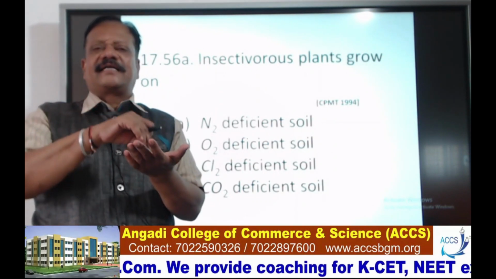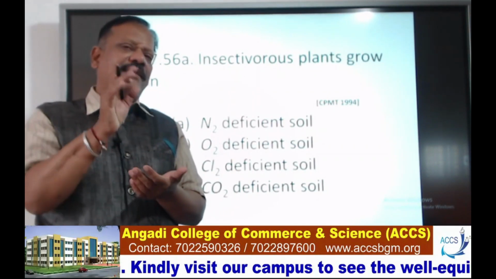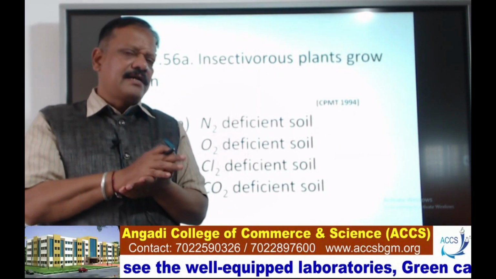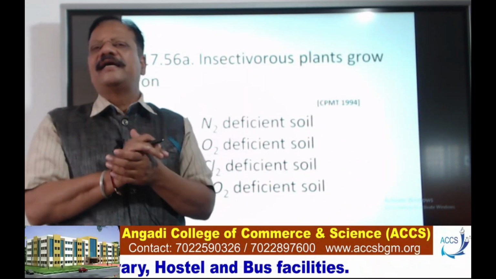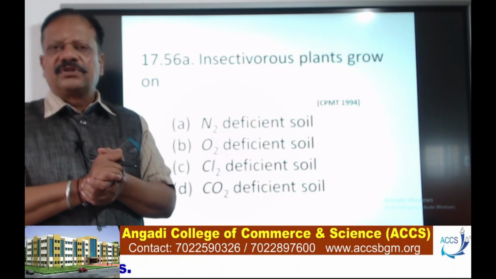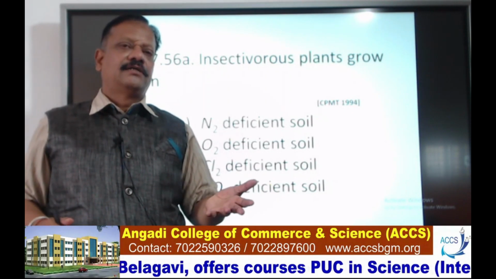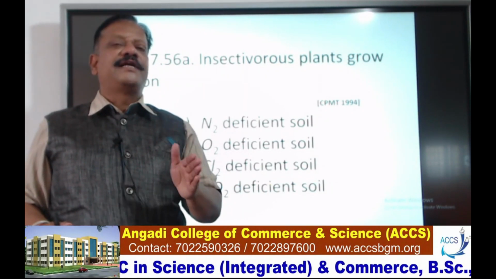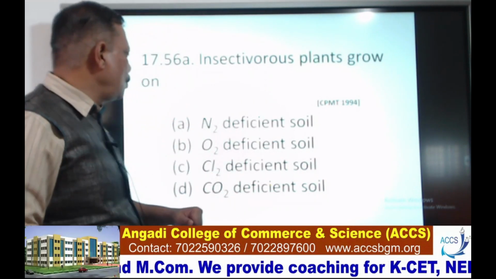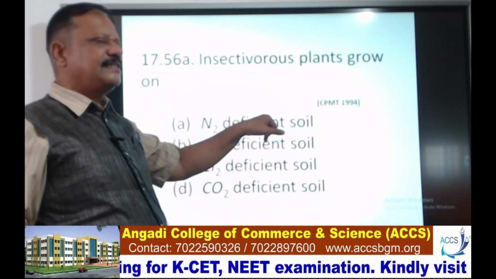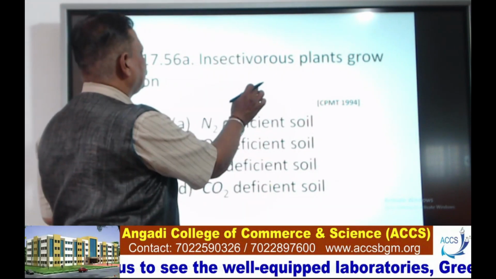When an insect comes and enters or sits on the body of that particular insectivorous plant, it slowly closes and all those enzymes are released on the body of the insect. So as a result, the insect is killed and digested. So the nitrogen availability, whatever is there, is from the insect to the plants. So here, nitrogen deficient soil contains insectivorous plants. Next,